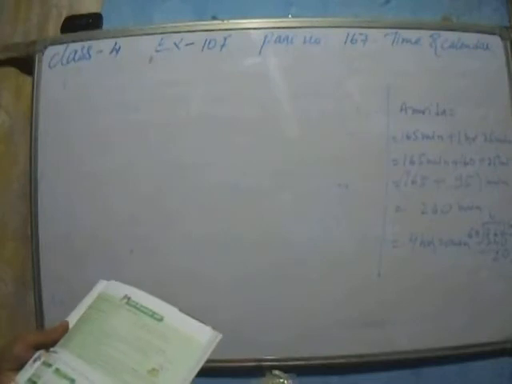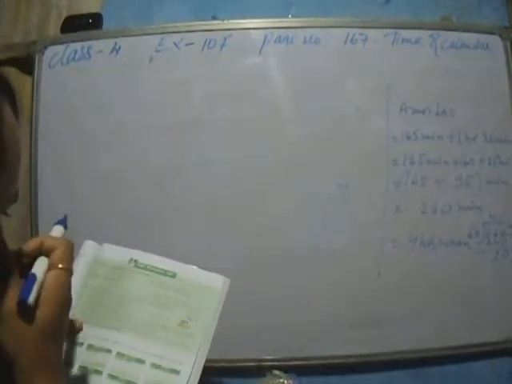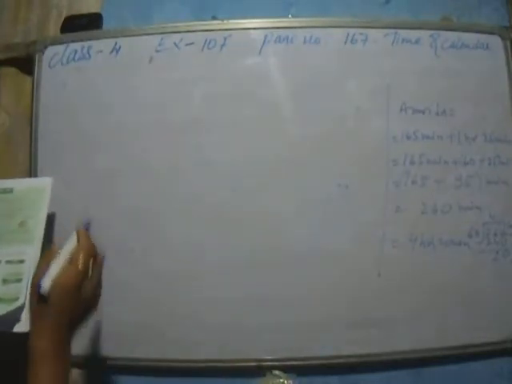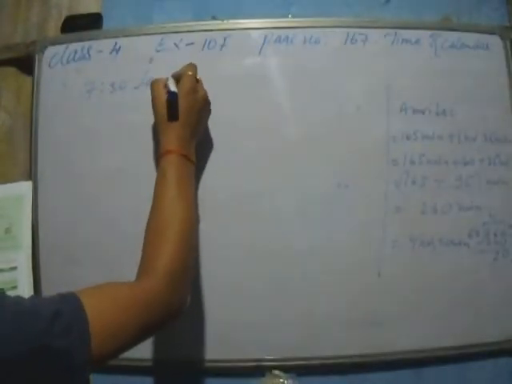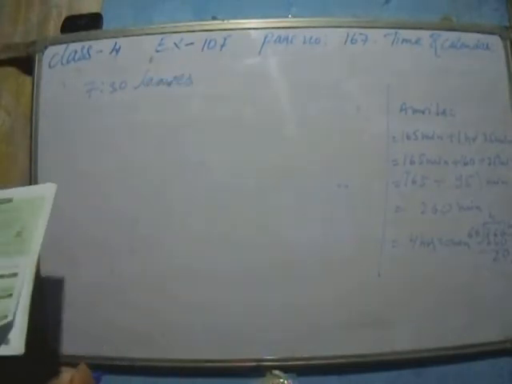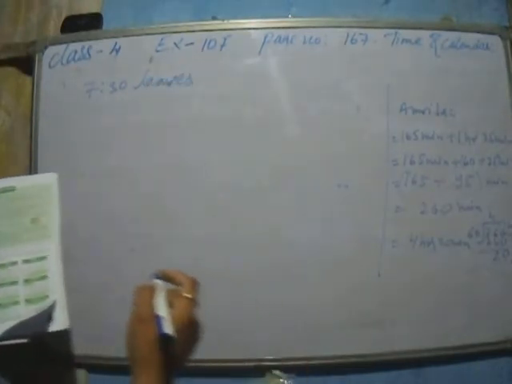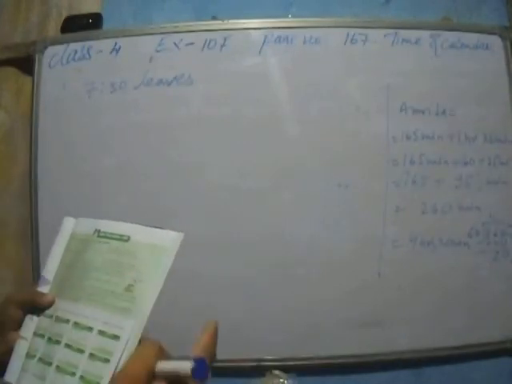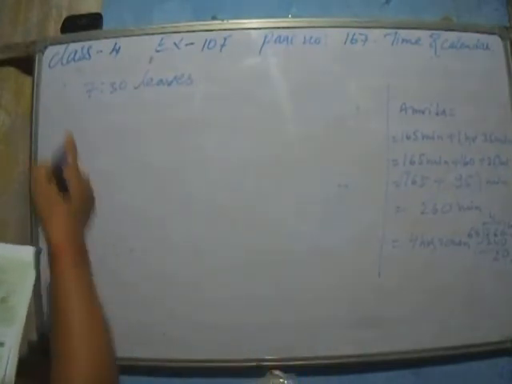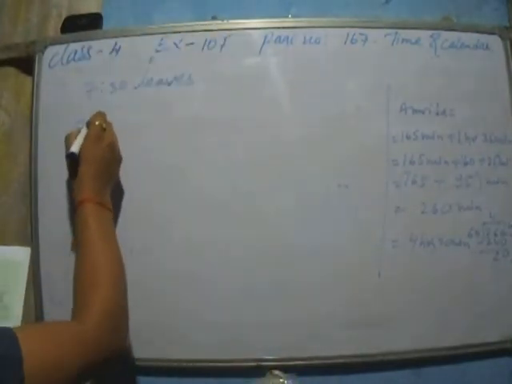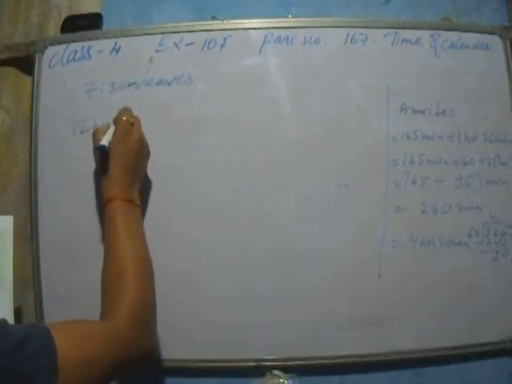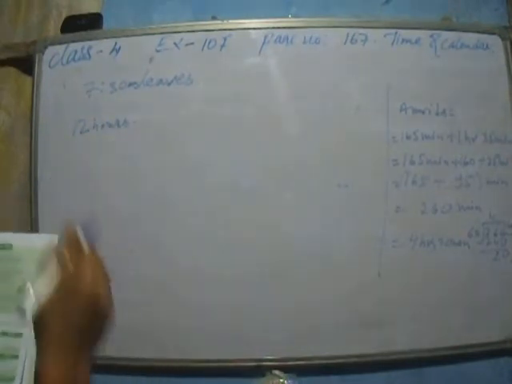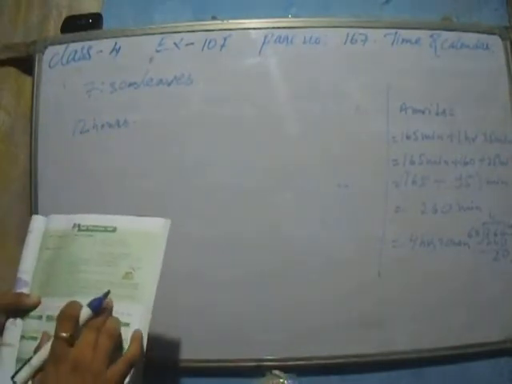So here a train leaves Delhi at 7:30 a.m. and reaches the destination next day at 1:20. Today and tomorrow, okay, next day. That means here 7:30 to 7:30 is 12 hours, that is fixed, okay. 7:30 a.m. next morning, that 12 hours is already completed, okay. Then from 7:30 to 1:20 we have to find.